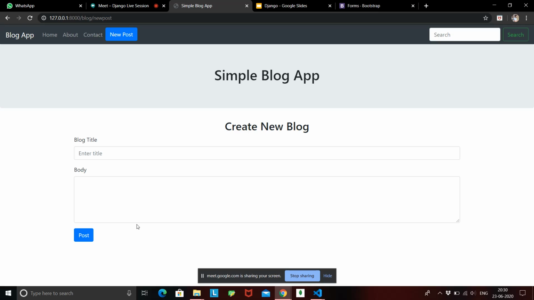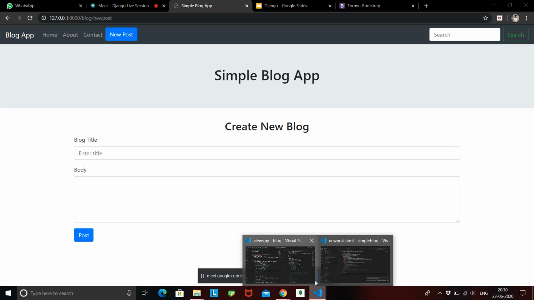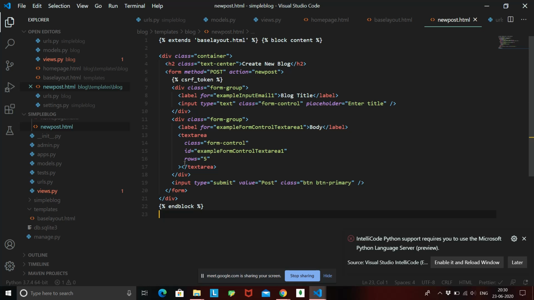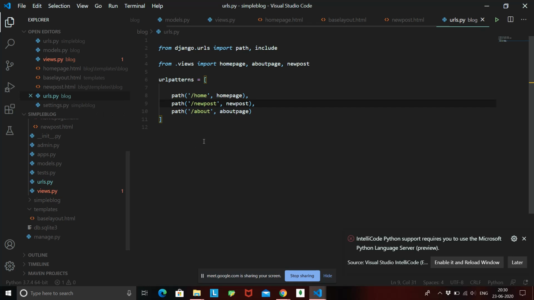So now how we can handle this data is that we need to create a function that will handle this data. We are passing all this data to an action or URL called new post. And if we see in the urls.py file what new post is doing, new post is calling a function inside the views that is also called new post.